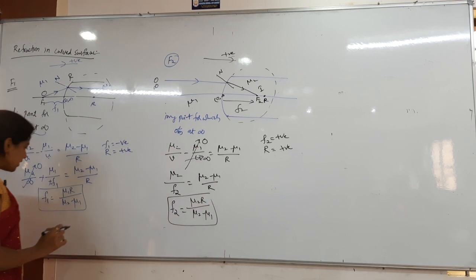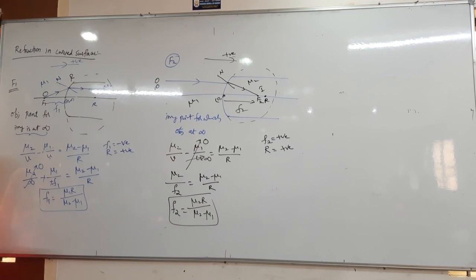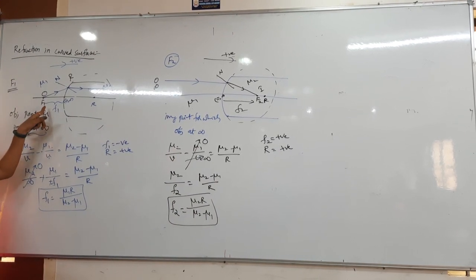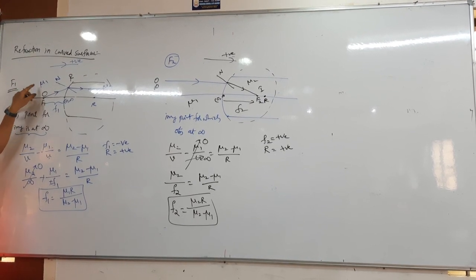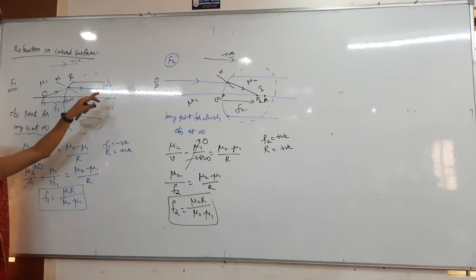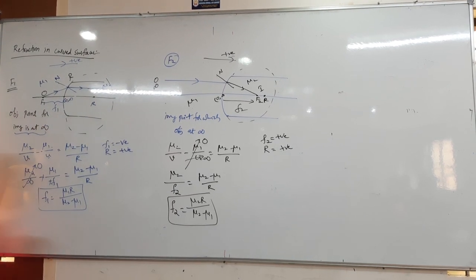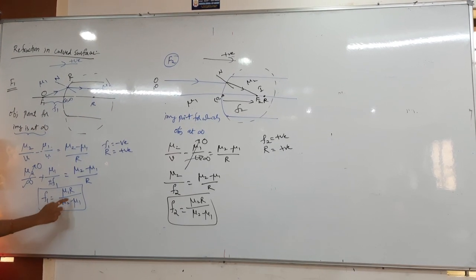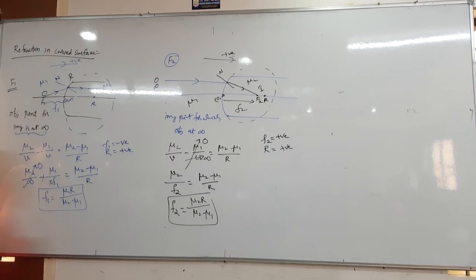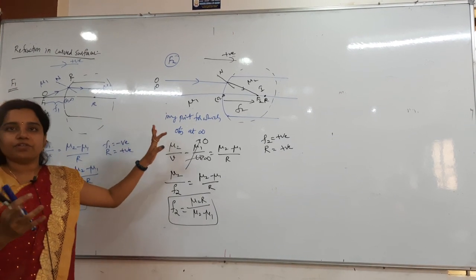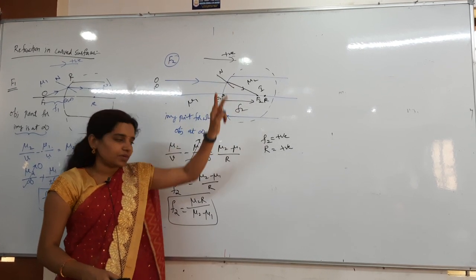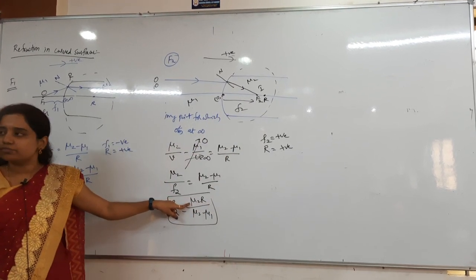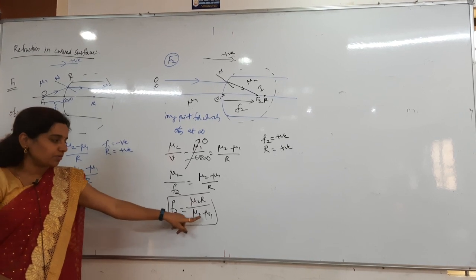See that both are the same, but only one difference is there. Here the object is kept in which medium? The object is kept in the rarer medium, and the image is forming at infinity. So here we got F1 is equals to mu1 into r by mu2 minus mu1. Here we are not having the object, we are forming the image in which medium? Denser medium, that is the second medium. Clear? F2 is mu2 r by mu2 minus mu1.